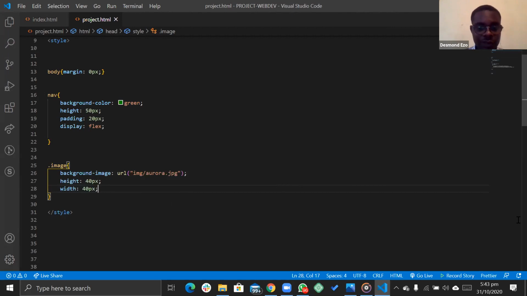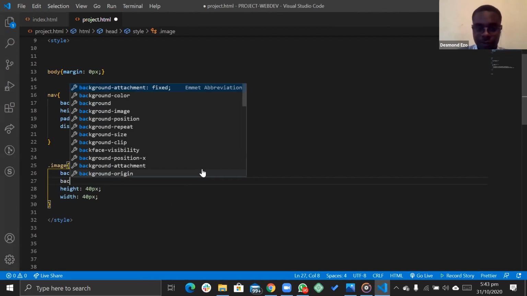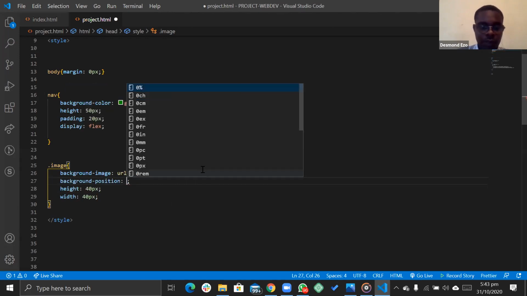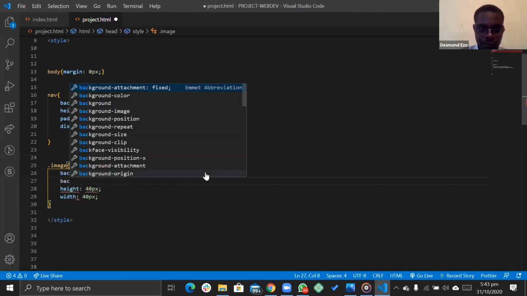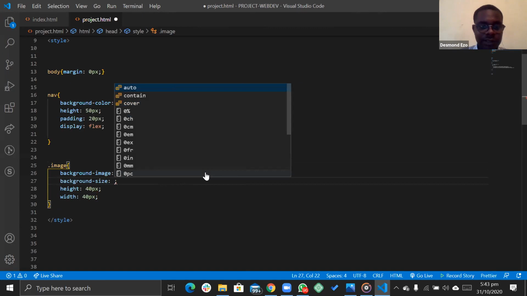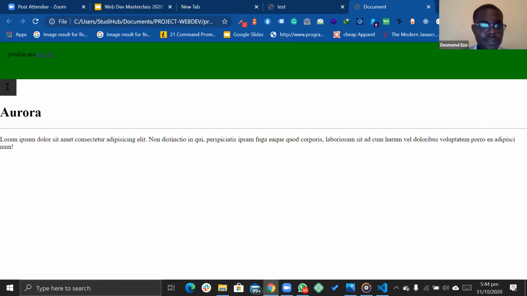So to fix that, I would have to specify the background size to be cover. So what this does is cover the size of this.